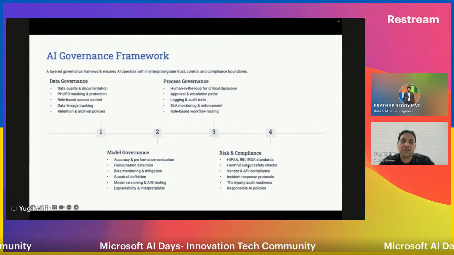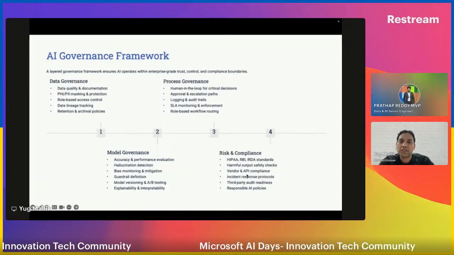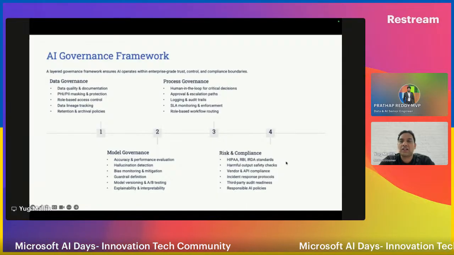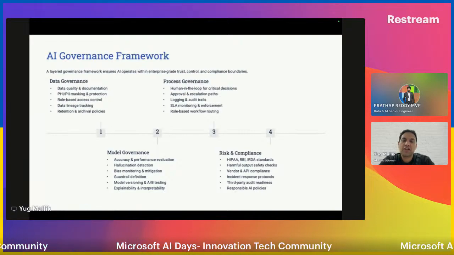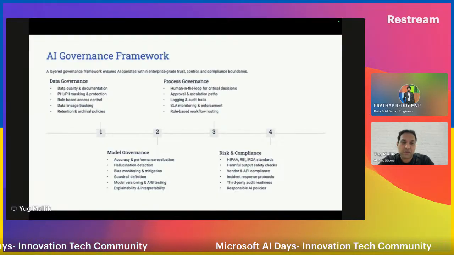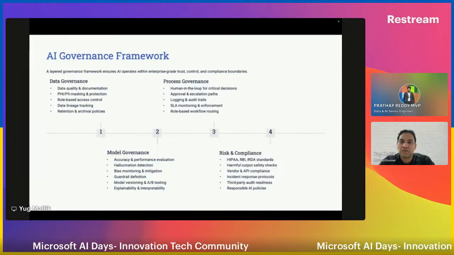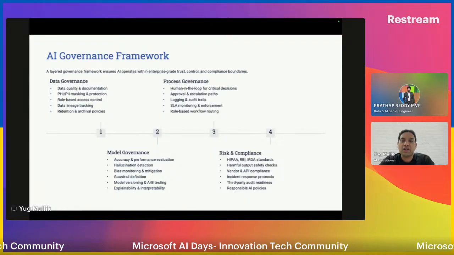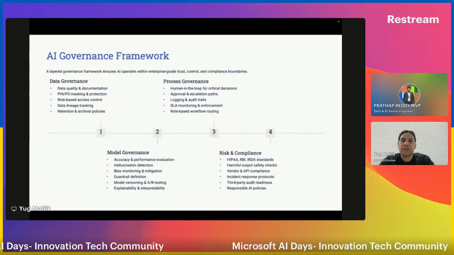And again, it depends on what industry you are in, what kind of or nature of use case that you're picking up. You have to ensure those are taken care of, right? So an AI governance framework, every company has to have. Every implementation, if at all you are from a service provider perspective, any implementation that you are doing for those set of industries, you have to make sure you have this in place even before going for the implementation, right?